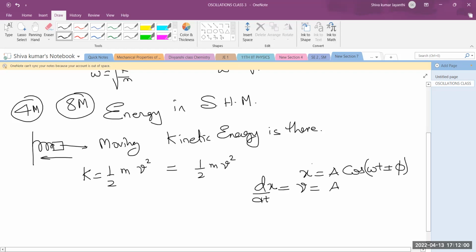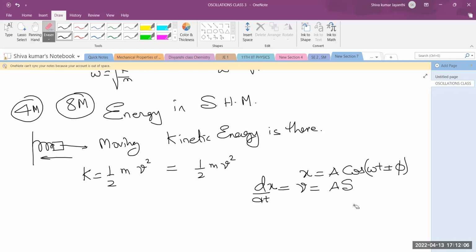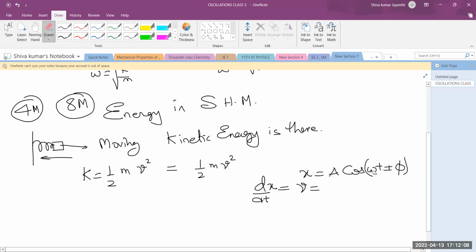Cos becomes sin, and along with that omega comes out. Cos becomes sin with a negative, so V is equal to minus A omega sin(omega t plus or minus phi). Remember, I wrote this yesterday? So we got the velocity equation. We have to substitute it here. What do you get then? Half